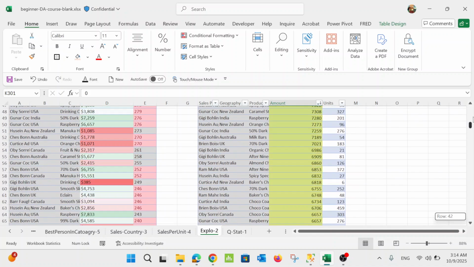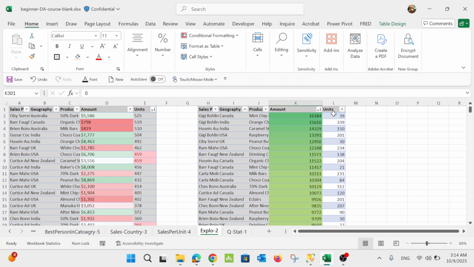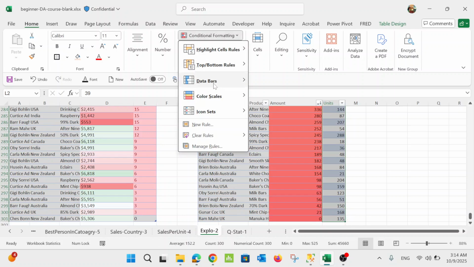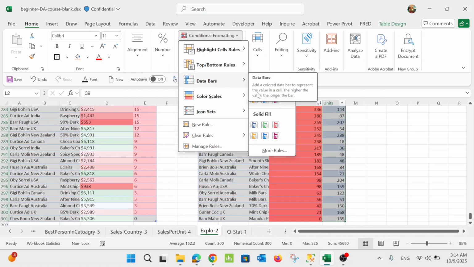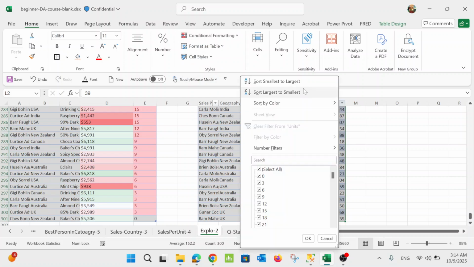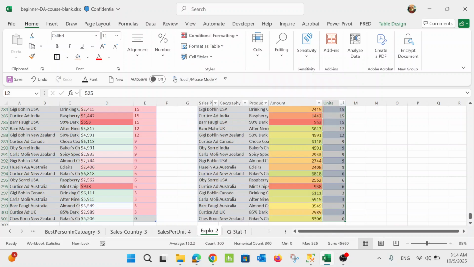And also here on the unit part, we can select this and go to conditional formatting. We put a bar on them, if we focus on the number of units that we sold.